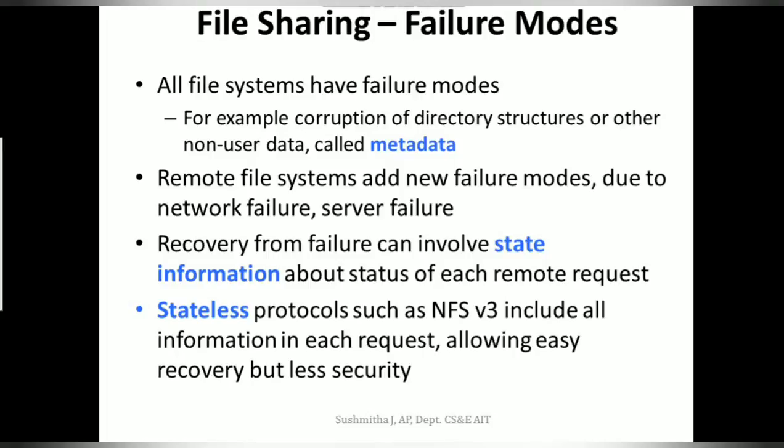Now when I take the counterpart of it, I want to share a file locally where I could just copy it to a pen drive and give it to you, and I do not have that copy of the file with me on the laptop.